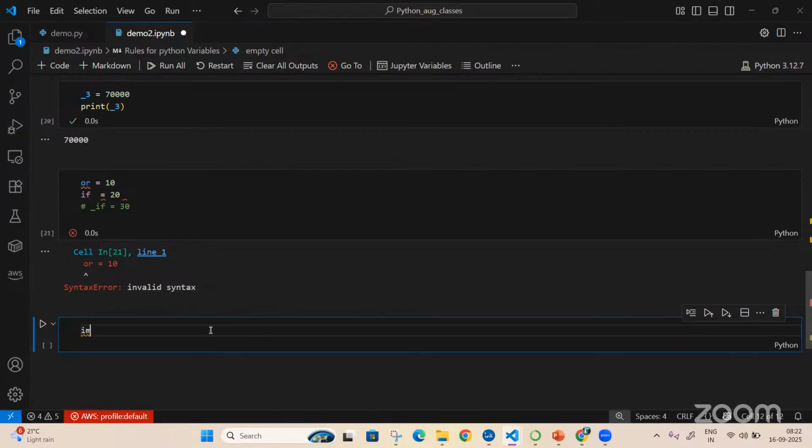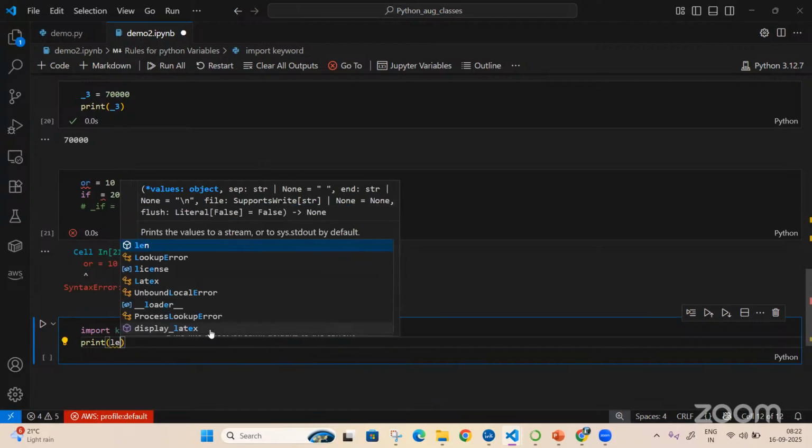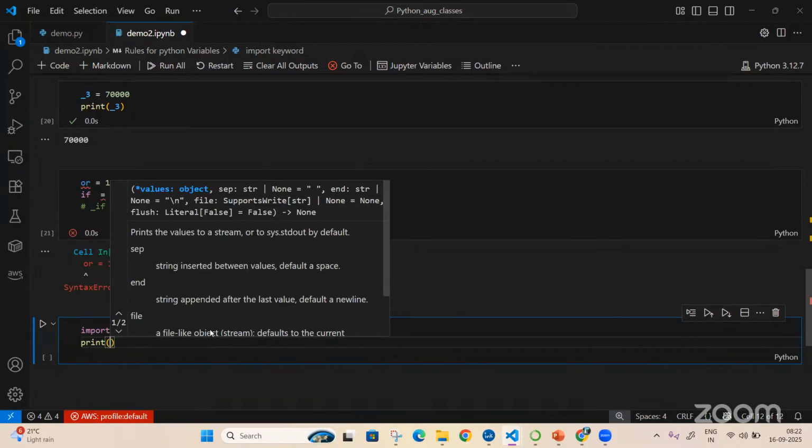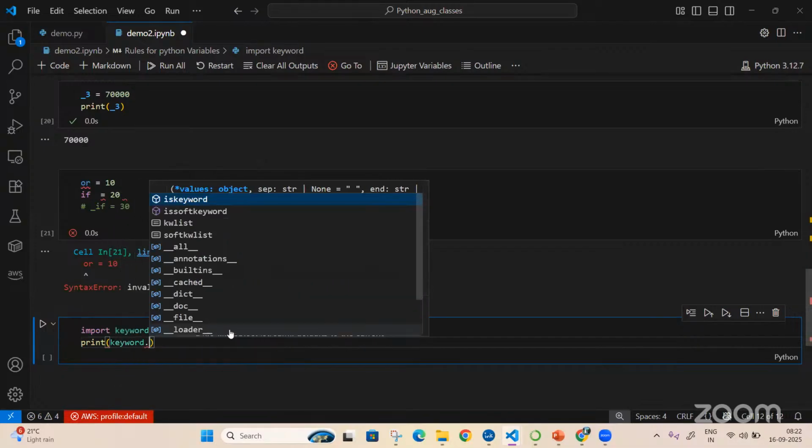Which are those keywords? If I want to see, first I'll say import keyword, because all the keywords are under this particular module. Then I'll say print keyword dot. If I say dot, it shows what all things you can do with respect to this keyword.